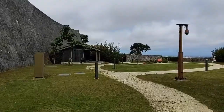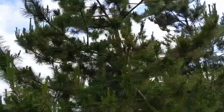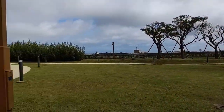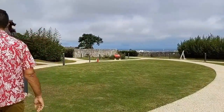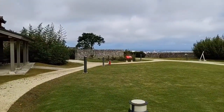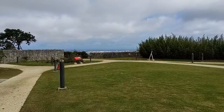So this is a lovely park. We've got the whole place to ourselves. It's super quiet. It really is. There's pine trees, Ryukyu pine trees planted all around in the middle there. And they've really tried to do a lot of the Okinawan native plants and herbs and tried to keep it